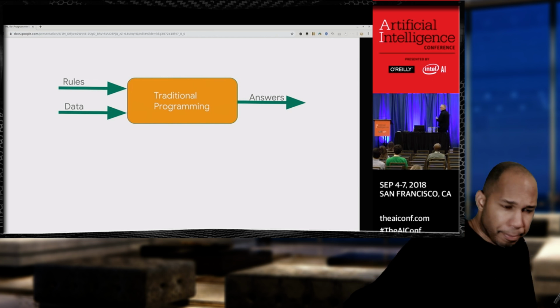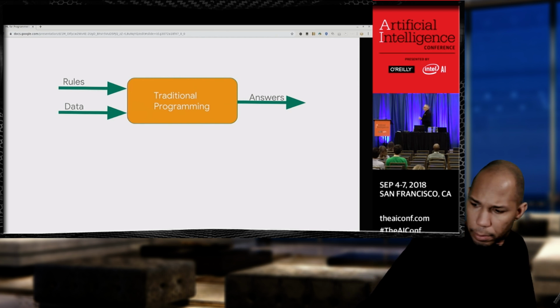So traditional programming, I like to summarize in a diagram like this one. Traditional programming is a case of you express rules using a programming language like Ruby or C# or whatever. And you have data that you feed into it, and you compile that into something that gives you answers. So keeping the very simple example of an activity detector, that's giving me the answer of you're playing golf, you're running, you're walking, all those kinds of things.